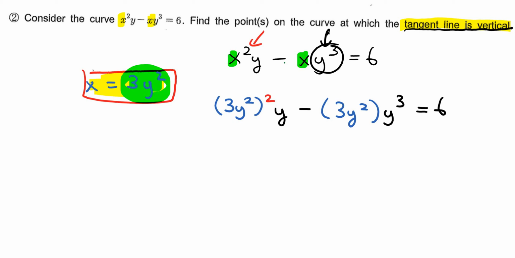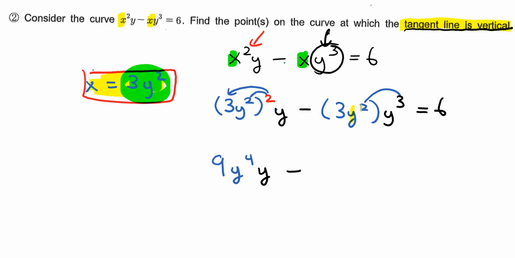Okay, let's go ahead and simplify this. 2 times 2 is 4, and then this y would give me an additional 1. So that would be 3y to the power of 5 minus 2 plus 3 would be 5, so this would be 3. Oh, sorry, I made some mistakes. Let me go back. Sorry, let me go back to this line here again. I totally botched this one. So this 2 distributes onto that 3 and that 2. So this would be 9y to the power of 4. And then I have the y tagging along, minus